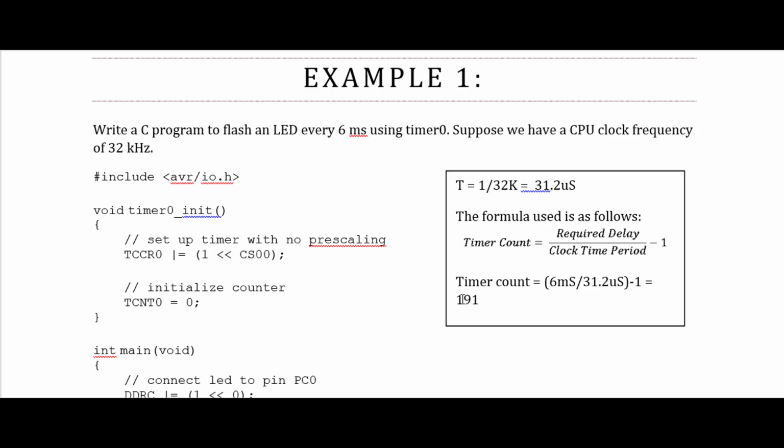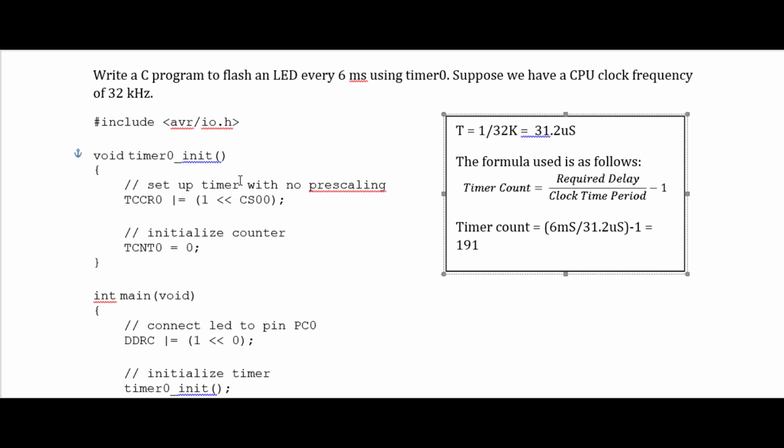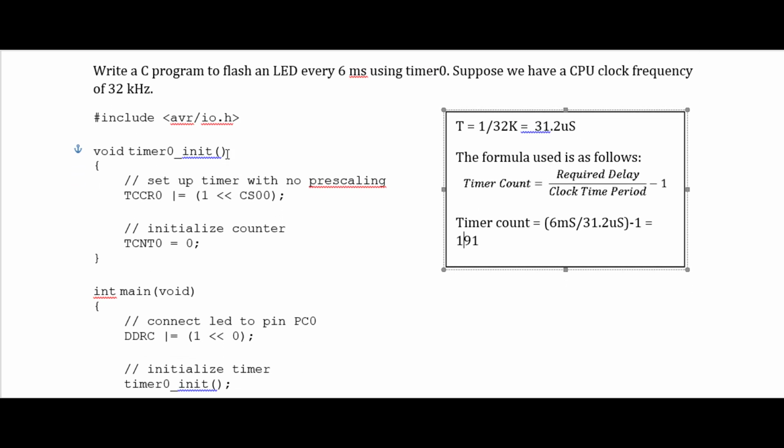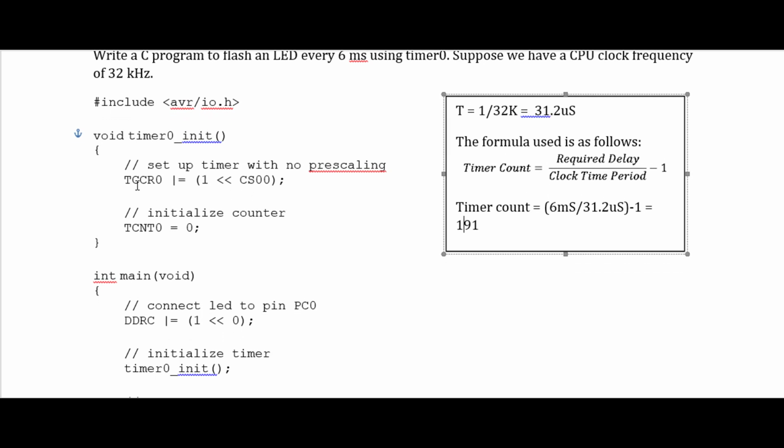Timer 0 can count up to 255. So 191 is in the range, so no need to use pre-scaling. In our program, we include avr/io.h. This is the initialization for timer 0. Of course we initialize the value of the timer to 0 and we set up the timer with no scaling by giving CS00 equal to 1 in the register TCCR0,